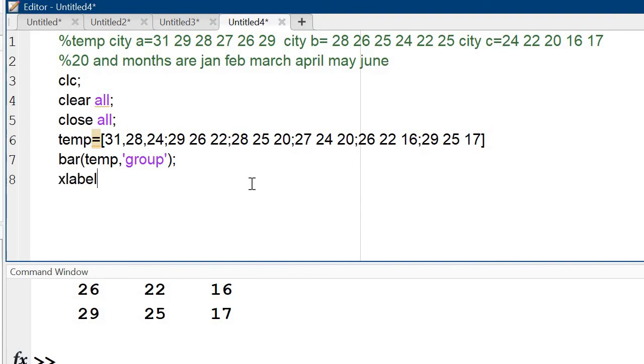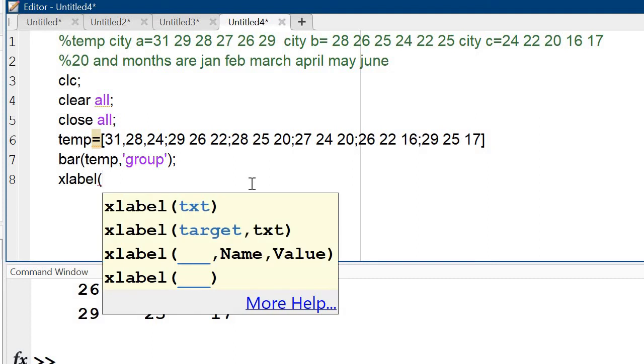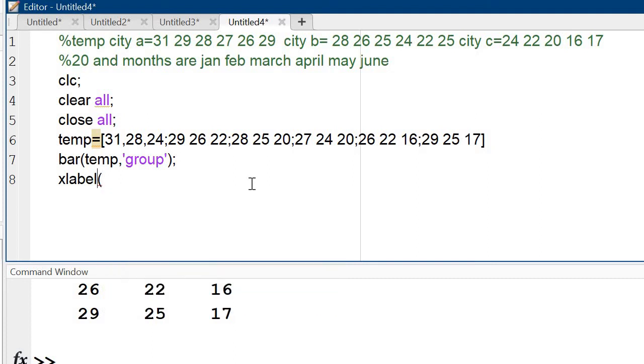Use xlabel. In the xlabel, the months from Jan to June. Okay. ylabel. In the case of this ylabel, that is temperature.